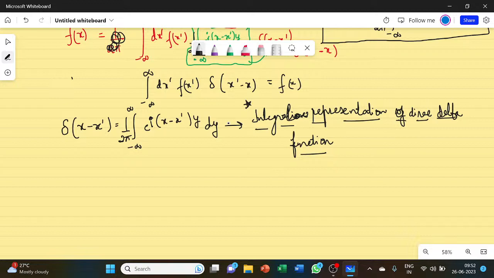Okay, so it is quite useful when it comes to quantum mechanics, and we'll see all these things in greater detail as we go along. But overall, understand this is 1. And if I want to write Dirac of x, it will be simply 1 upon 2 pi from minus infinity to plus infinity e to the power iota x y dy, or in terms of the formal